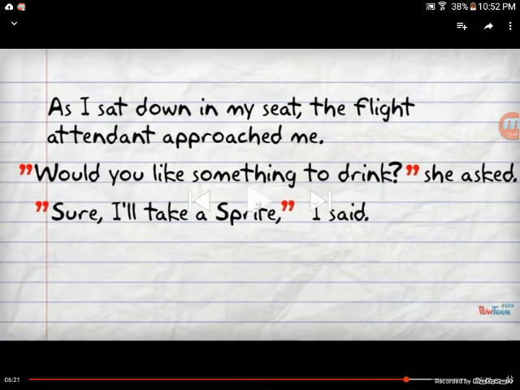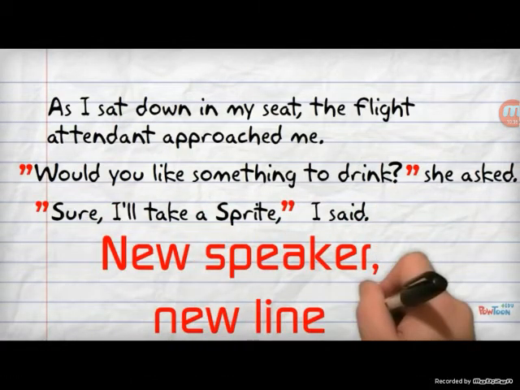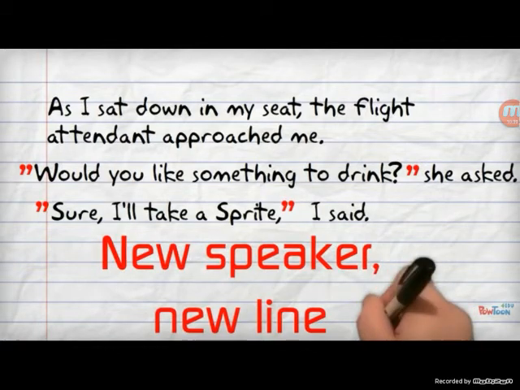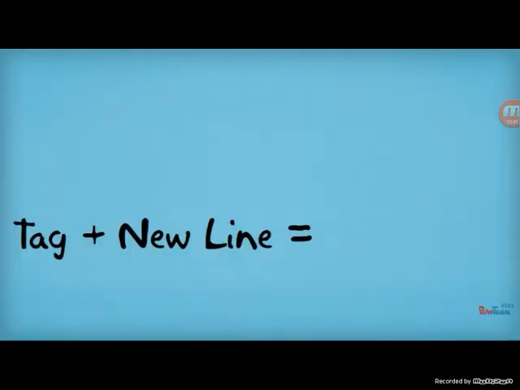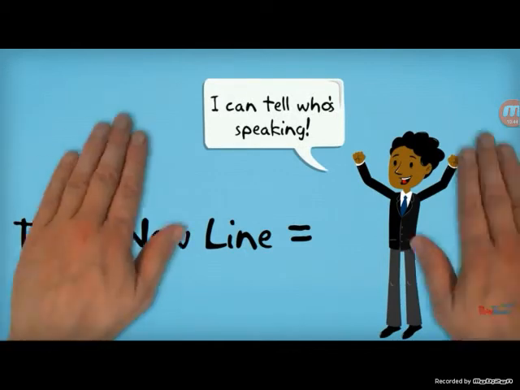In our example... Okay, I have to add something again. Not only do we want a new line, but we need to indent that line. Hit tab when you're on your computer. Whatever, you want to indent your paragraphs. That's kind of important. So not only do you want to switch lines, you want to add a tab. I start a new line when the flight attendant speaks. When I respond, I skip to a new line so the reader knows that a new person is speaking. This, along with the tags, helps the reader keep it all straight in their head.